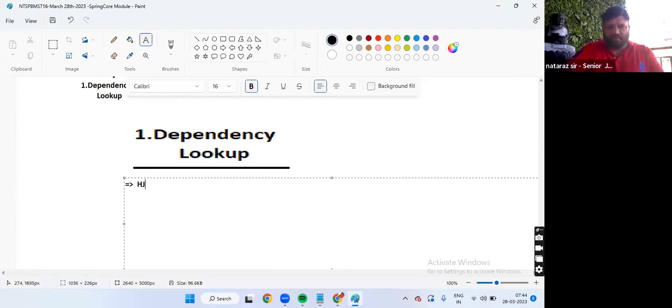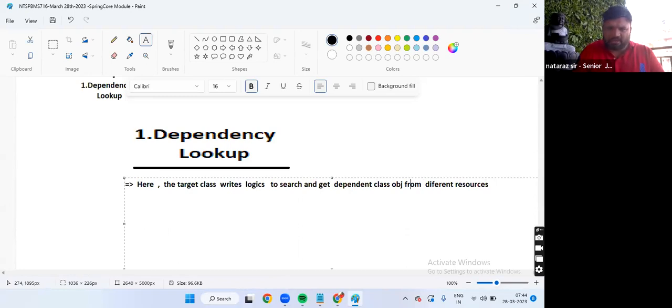Okay, guys. Here, the target class writes logic to search and get dependent class objects from different resources.